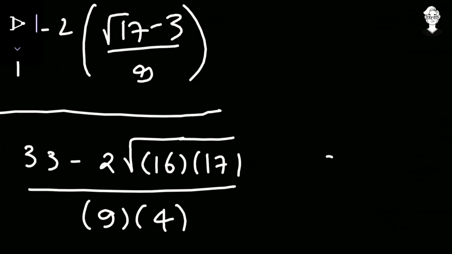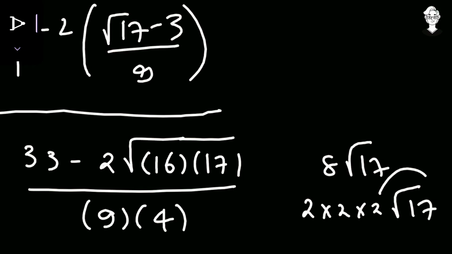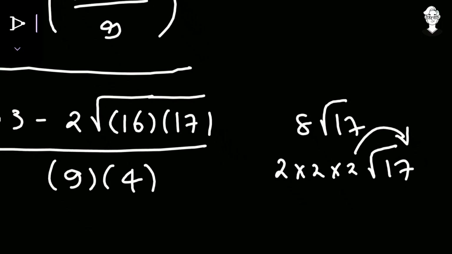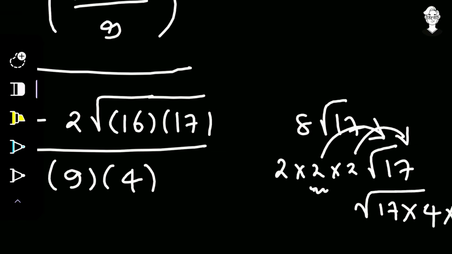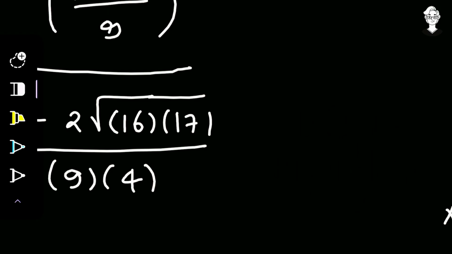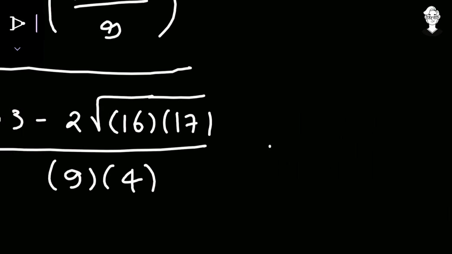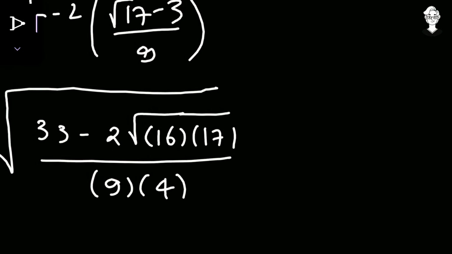So the thing we did is, 8 root 17 was present, so 8 can be written as 2 into 2 into 2 and square root of 17. This 2 shifted inside this square root, so we have to just double it, so it becomes 17 into 2 times 2, that's equals to 4. Similarly, if we shift this 2 inside, it becomes again 2 times 2, that's 4, so 4 into 4 gives me 16. So inside the radical it becomes 16 and 17 was already present, and outside we got 2. So here we are currently having something like that.